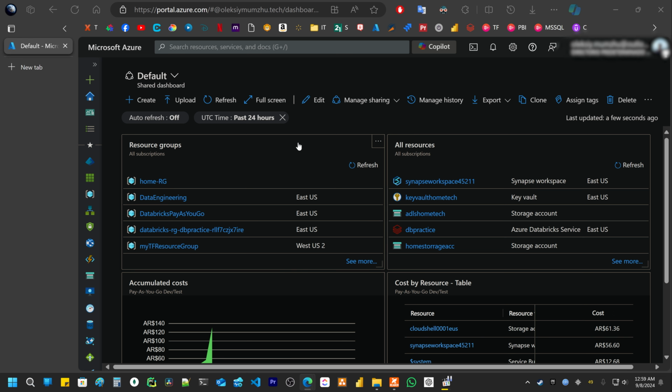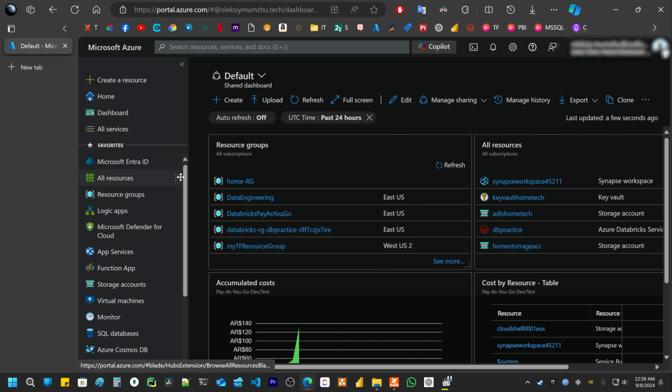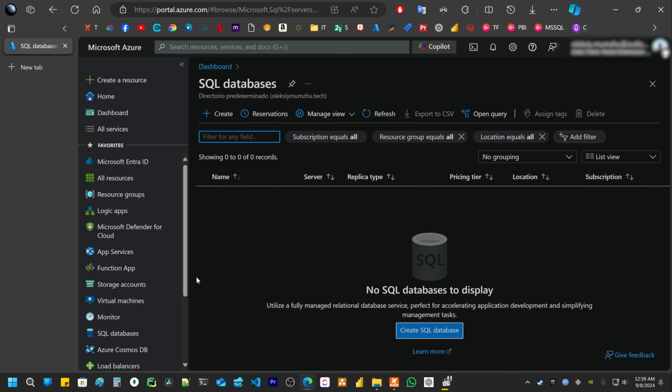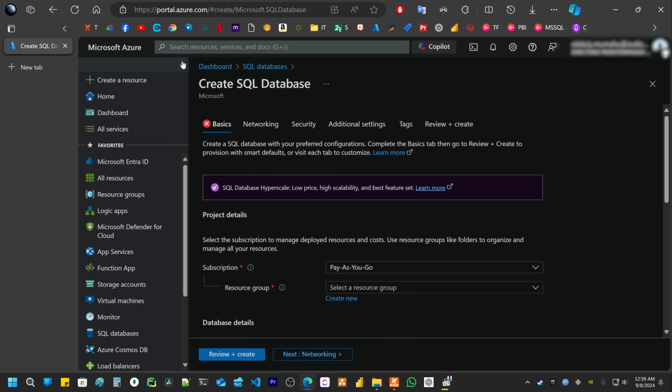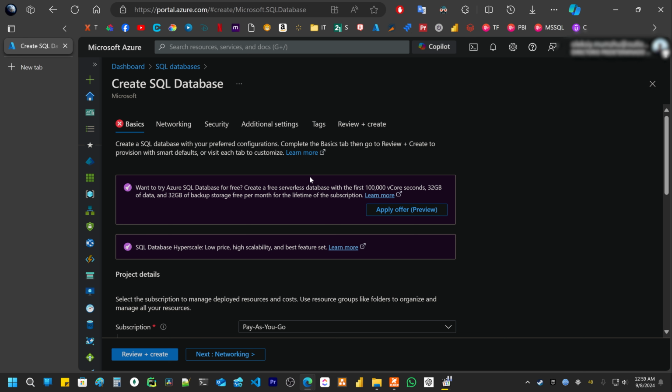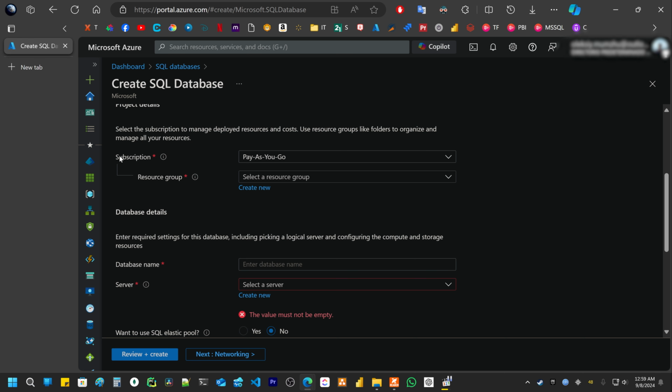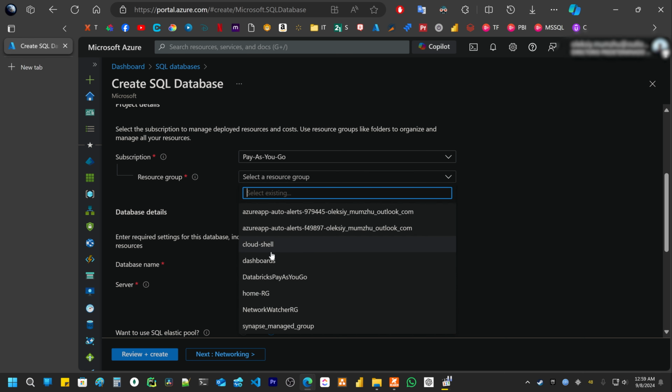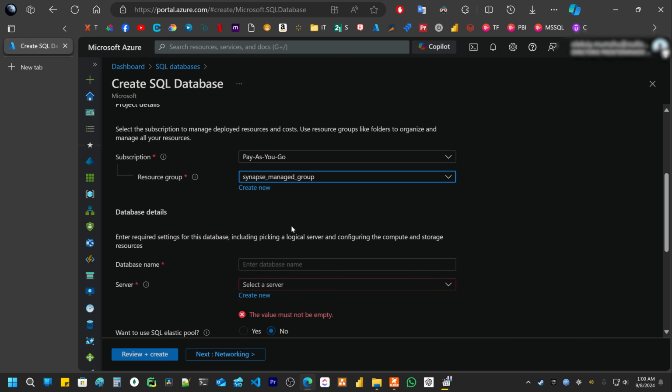Let's begin. So first we need to search SQL databases, then create. We need to select this subscription and resource group. The database name,